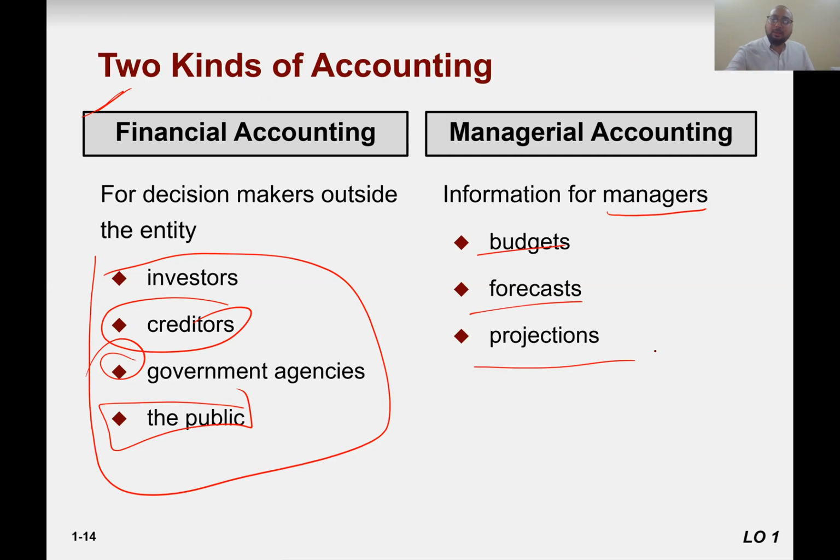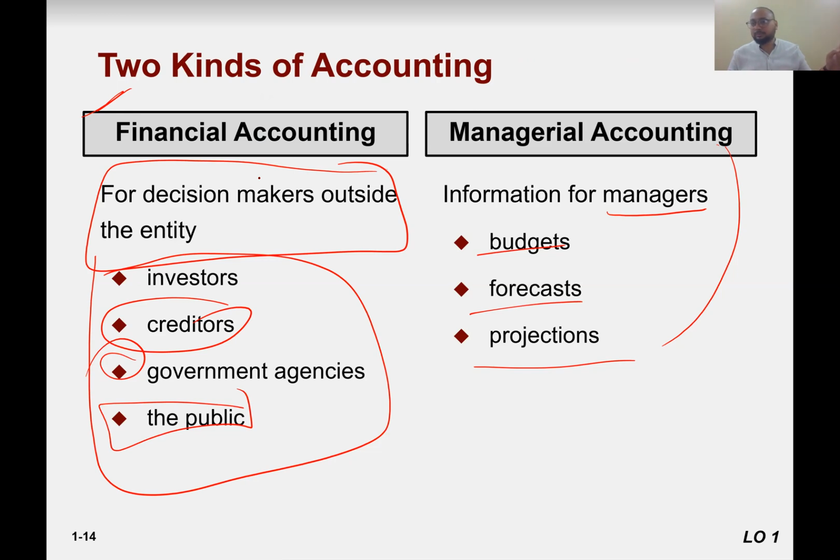So this information, managerial accounting information, is not available for the public, right? Because you need to make decisions to improve the productivity of the company, right? And this information is made with a viewpoint to look at the company